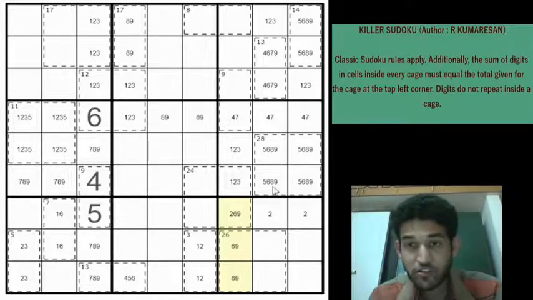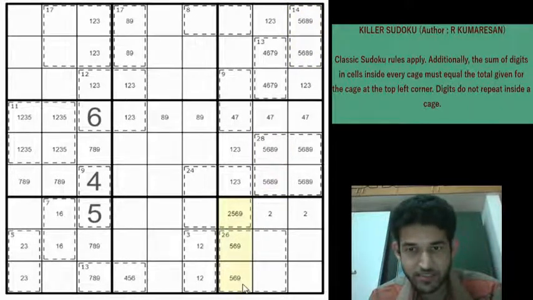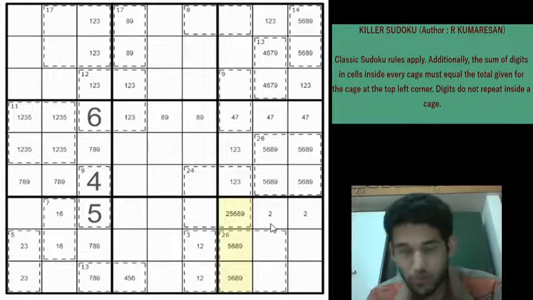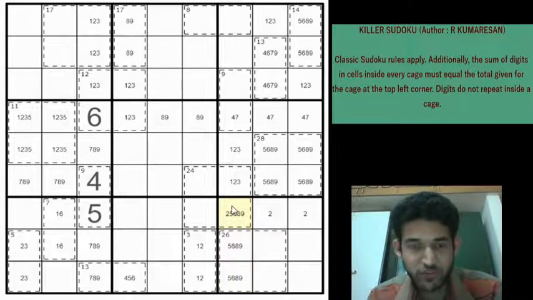And now we'll use the fact that we established earlier. When you have a 5 9 here, this will be a 5 9, and we'll have a 5 in these 3 cells. 6 9 is for sure here. Now if you have a 5 9 for the 14, you get the 5 9 here, and this will be a 5. And if you have the 6 8 here, you get the 6 8 here, and 8 will be in these 3 cells. So both the scenarios we can eliminate the 2 from this cell.